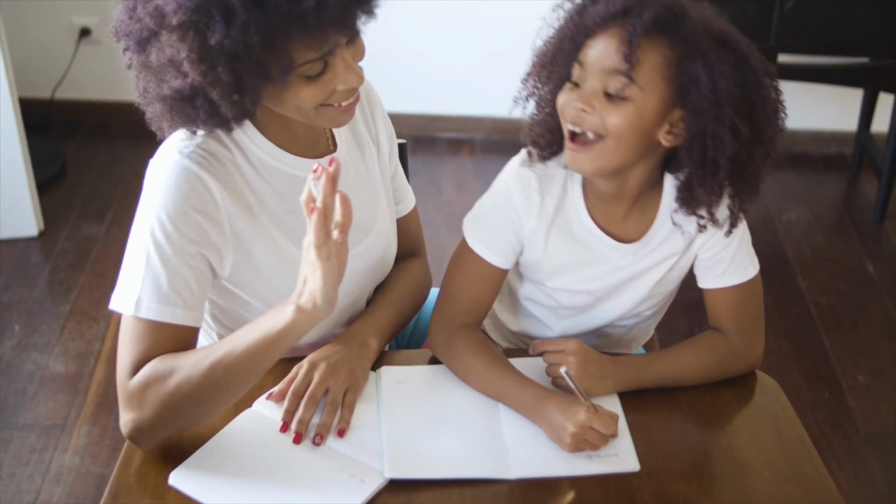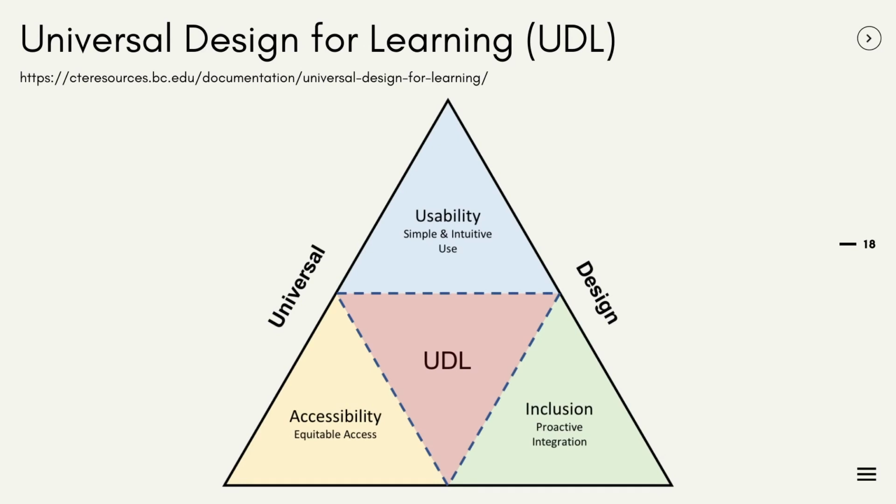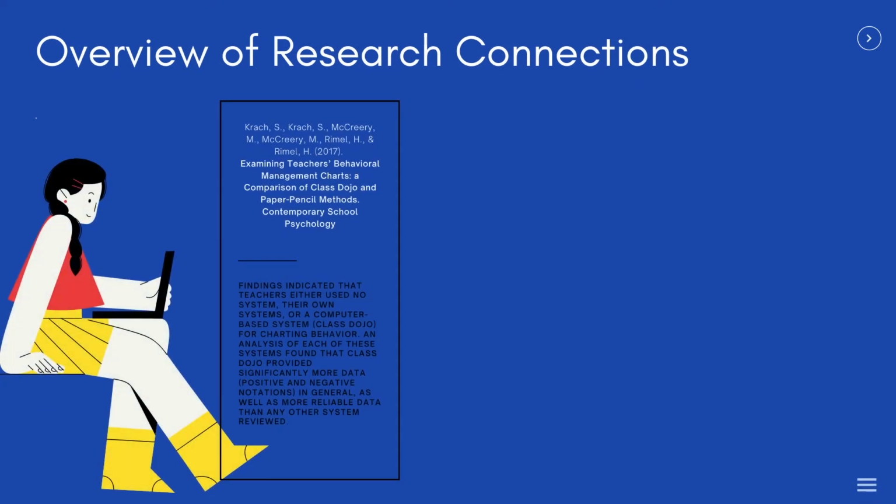Now, Class Dojo also supports the universal design learning approach because it supports all learners. Students who are visual learners or students who are ELLs are able to use technology to show their learning process through picture documentation. There are 3 main external research articles that I've found that highlight the benefits of Class Dojo